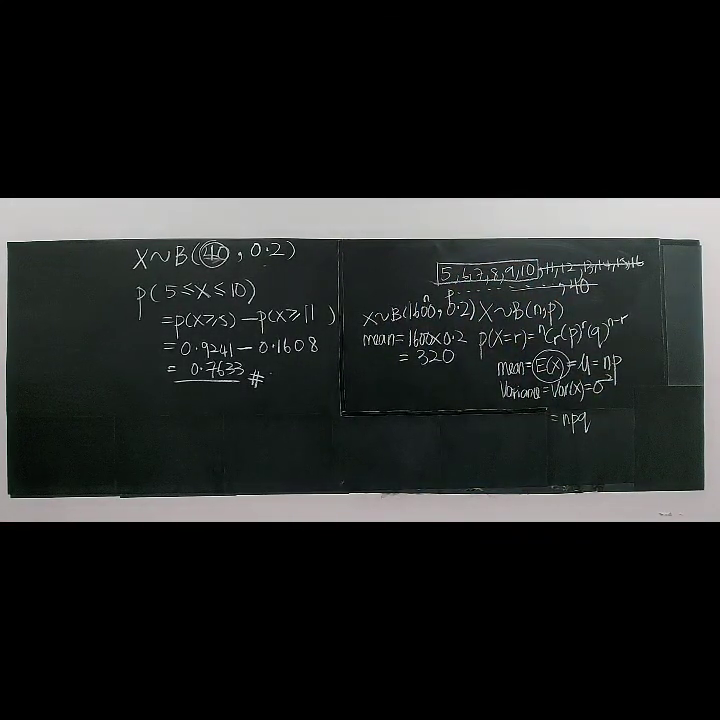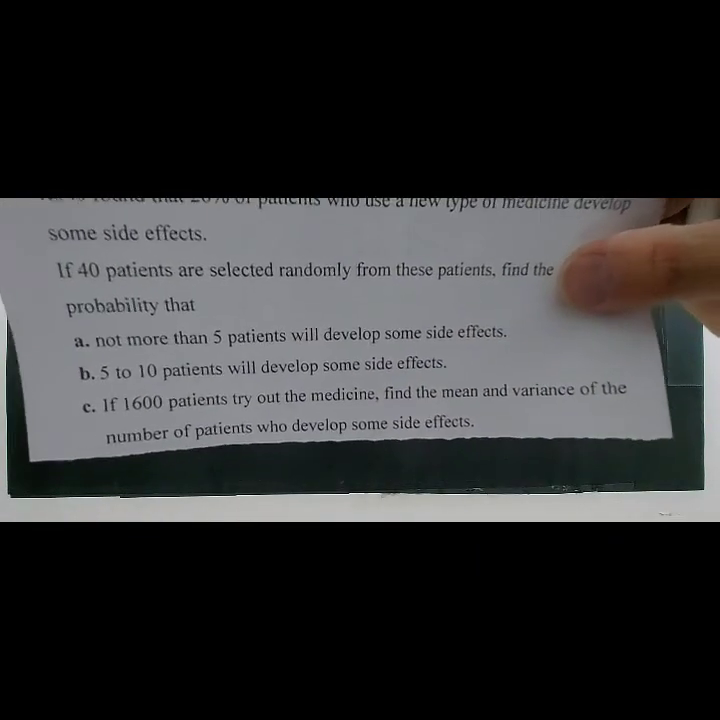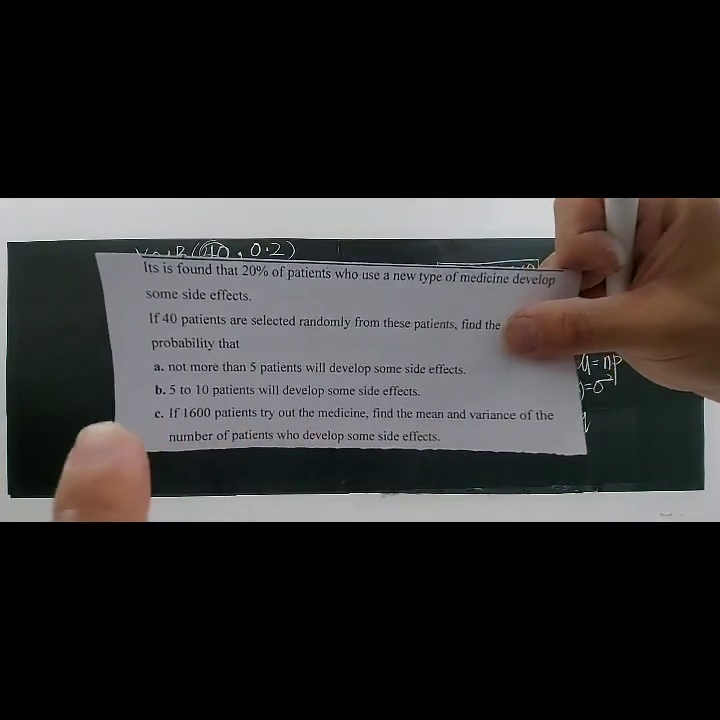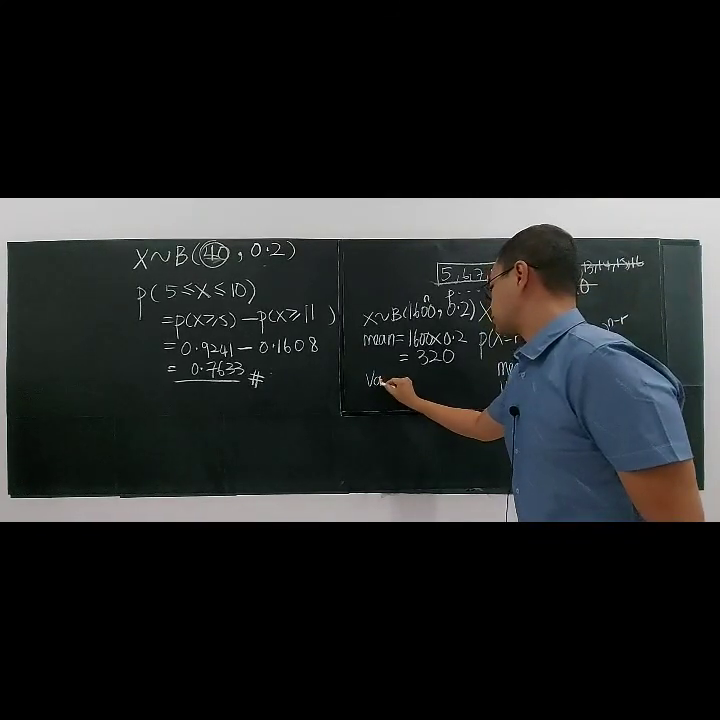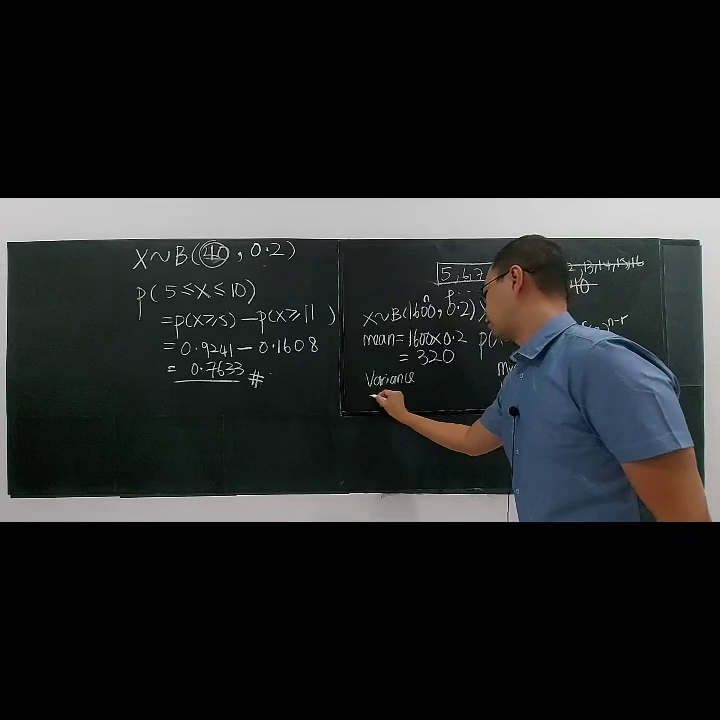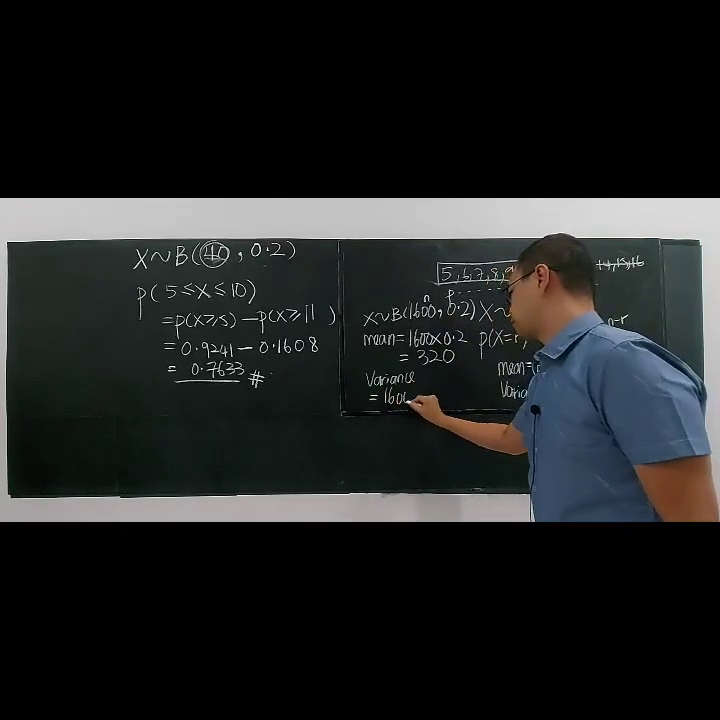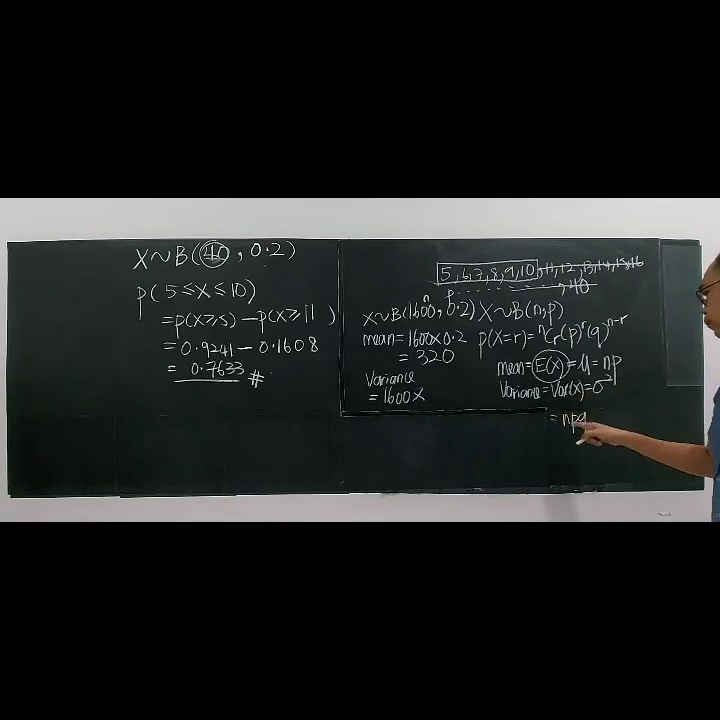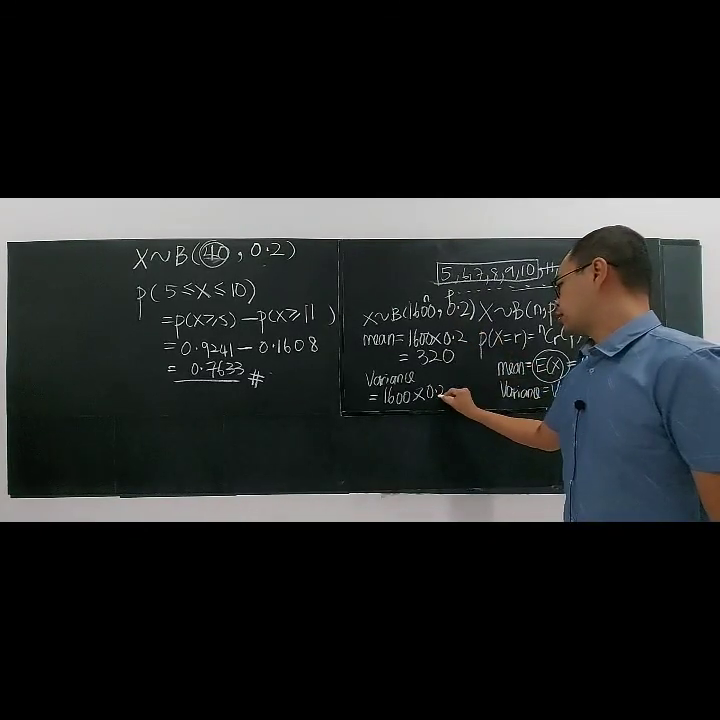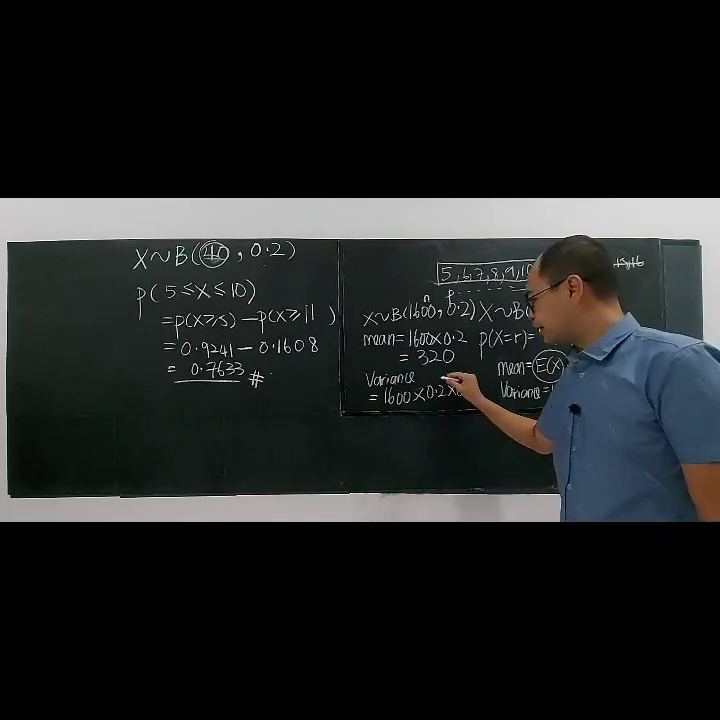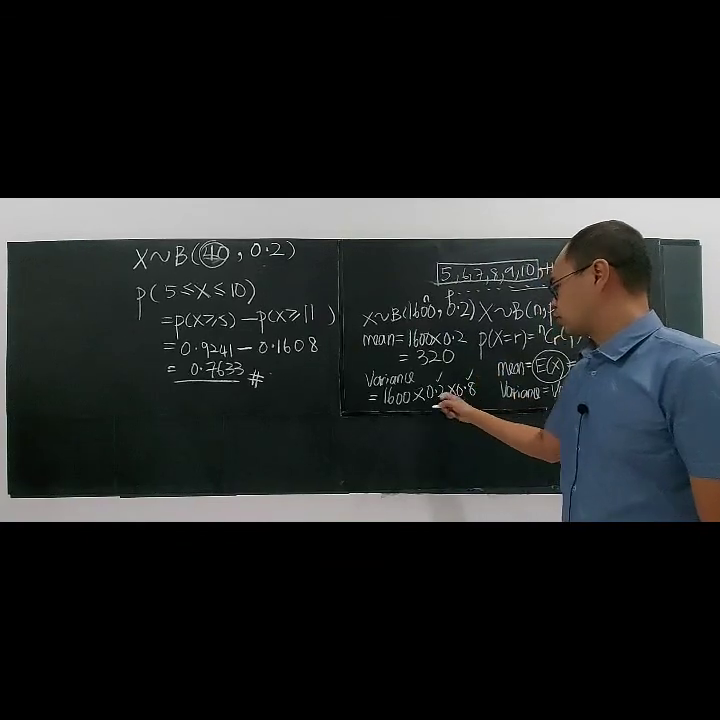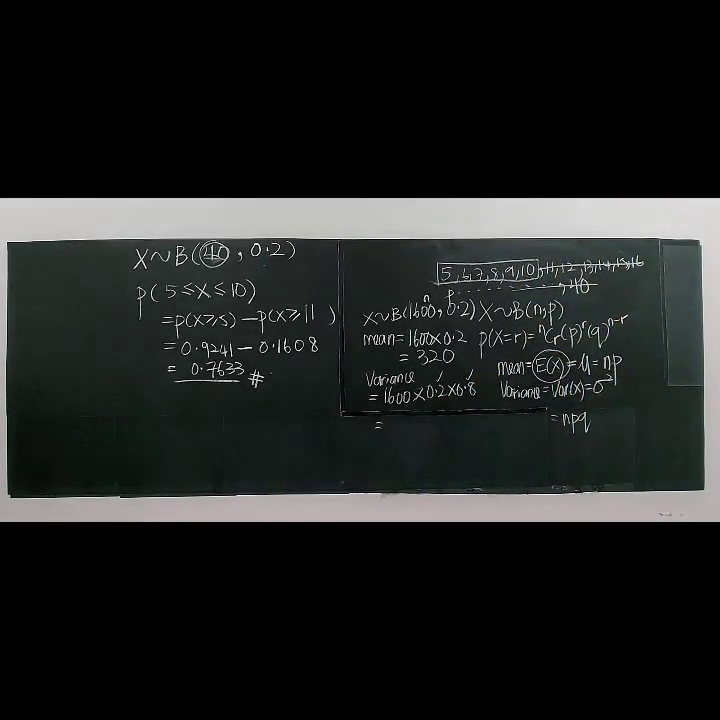Later on, they're asking you to find the variance of the number of patients. So for the variance, the formula will be n, p, q. Your p is 0.2, so definitely your q will be 0.8. Totaling up must be 1, right? Either they have a side effect or no side effect. So you calculate this one, and the variance will be